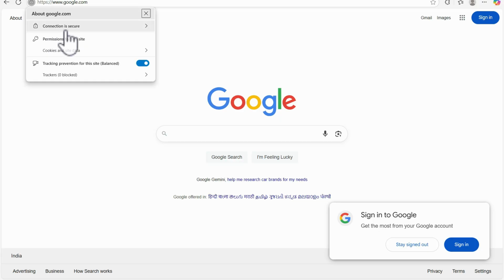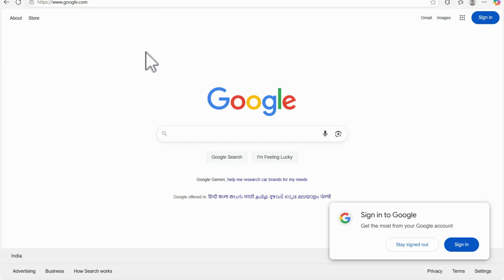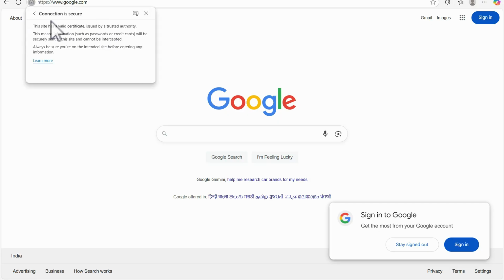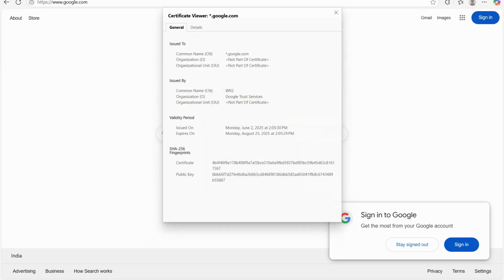We click here, site information, and here we can see the connection is secure, meaning it is using a certificate. If we click here, it shows the connection is secure. This is one of the certificates, issued by WR2, and this is the validity of the certificate. It was issued on 2nd June 2025, expires in August, and this is the public key of the certificate.